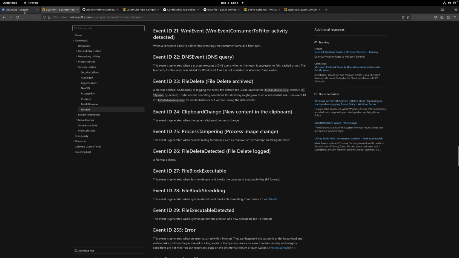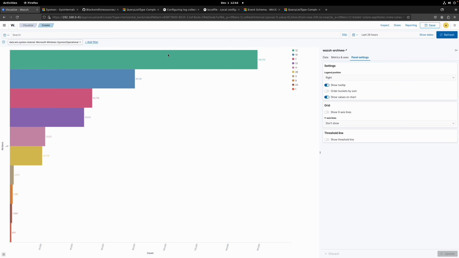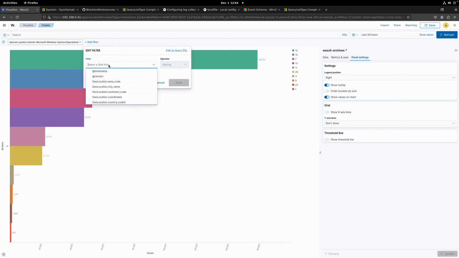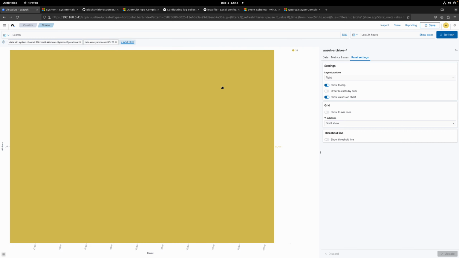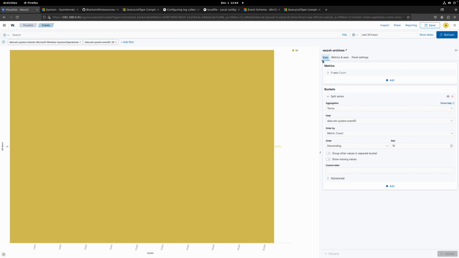So let's go and add a filter here. Now we want data.win.system.eventID, and let's filter only event 26. And what we are going to do is go to data,